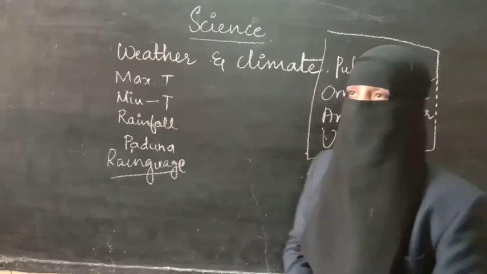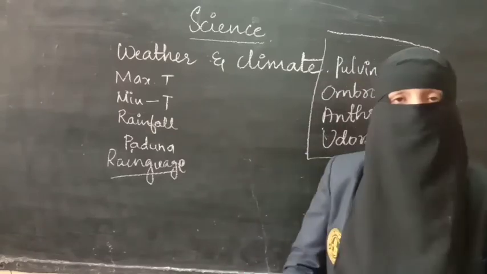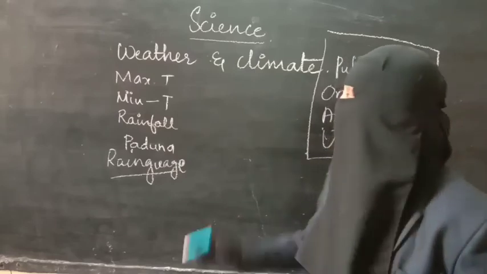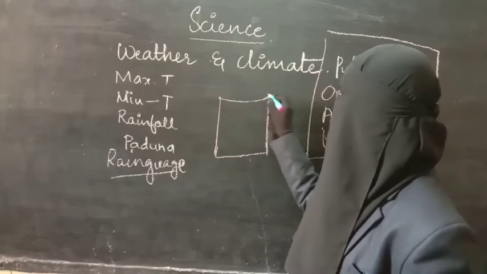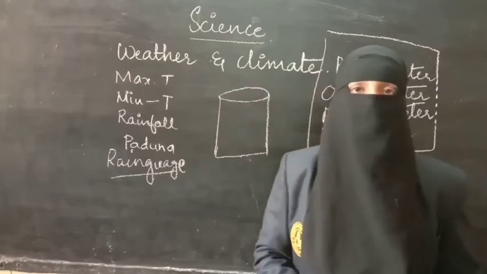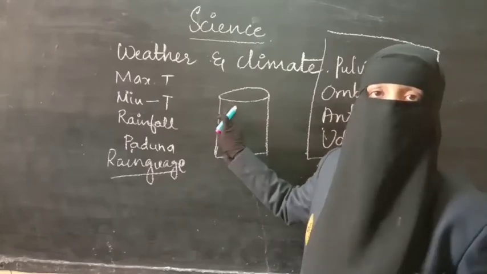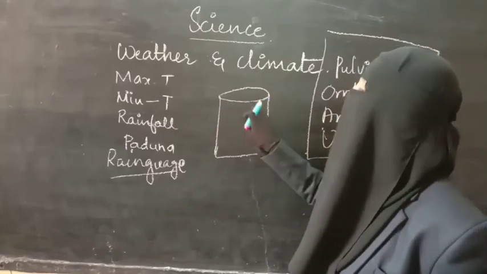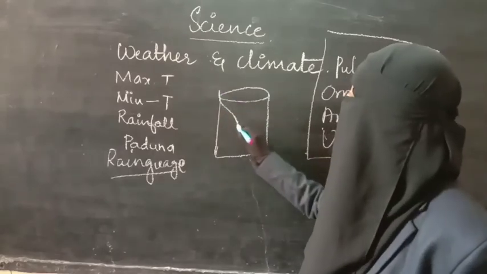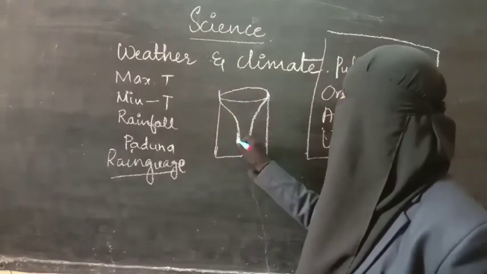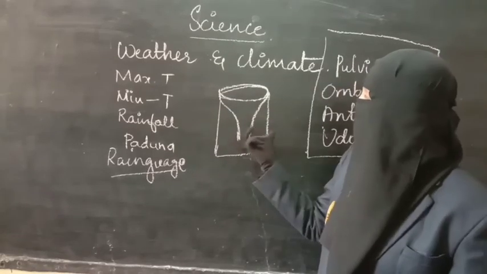So how will this rain gauge be? To know the model of the rain gauge, we can make a simple rain gauge. First of all, take a beaker and take a funnel which is 10 centimeters wide. The width of the funnel and the width of the mouth of the beaker should be equal, so that when we put the funnel, it should not fall into the beaker or come out of it. This is the apparatus you need to make this rain gauge.